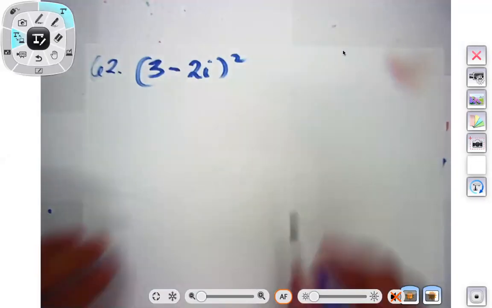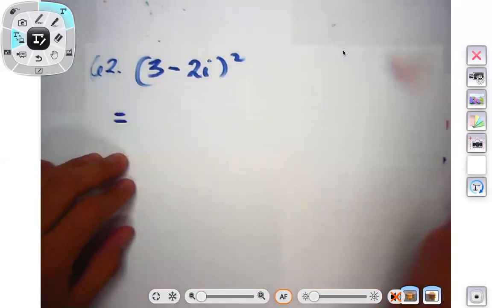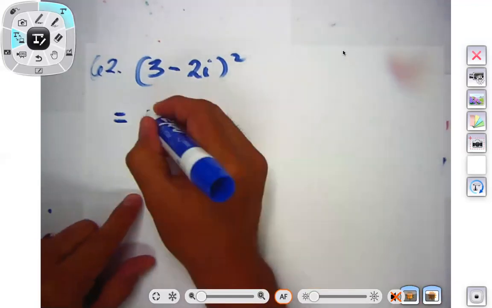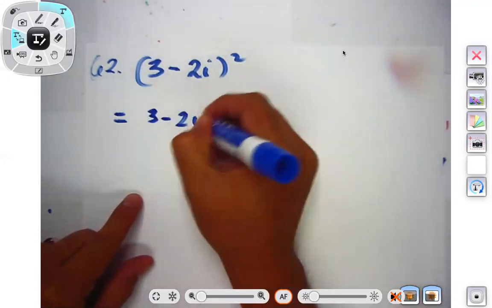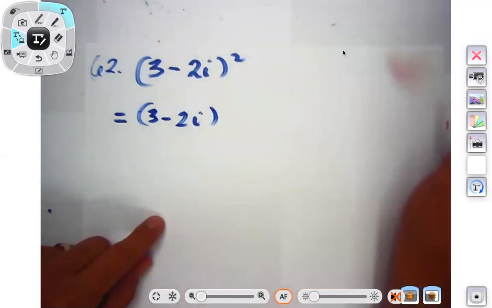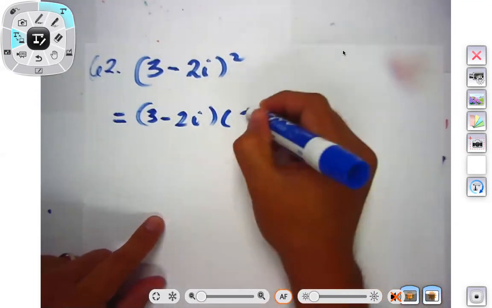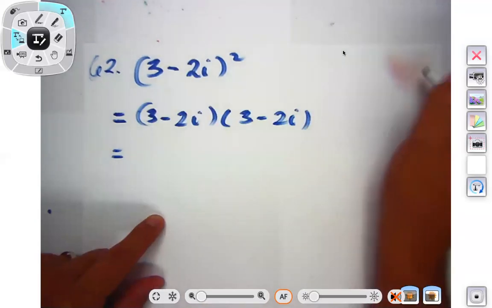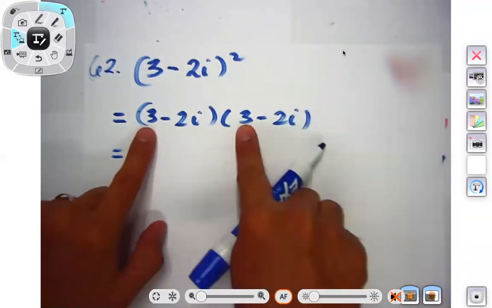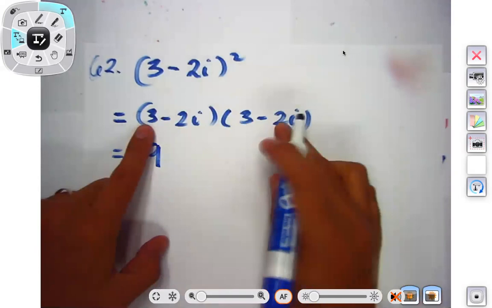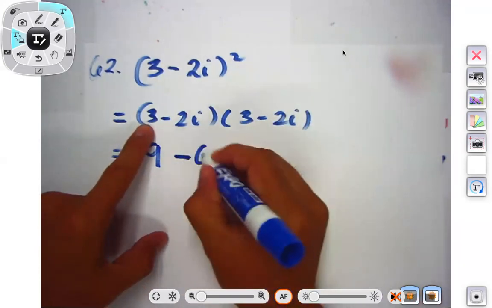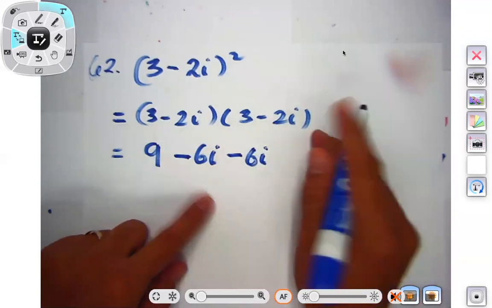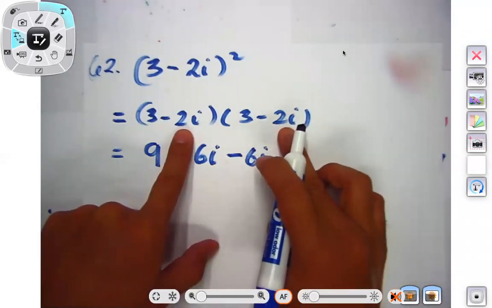3 minus 2i squared. We can expand 3 minus 2i, or you can use special product. But I think most of you are doing the FOIL, right? So we can expand this as 3 minus 2i and 3 minus 2i. Those of you who want to use special product, go ahead. Let's FOIL it. 3 times 3, 9. 3 times negative 2i, negative 6i, negative 2i times 3, negative 6i, negative 2i times negative 2i,